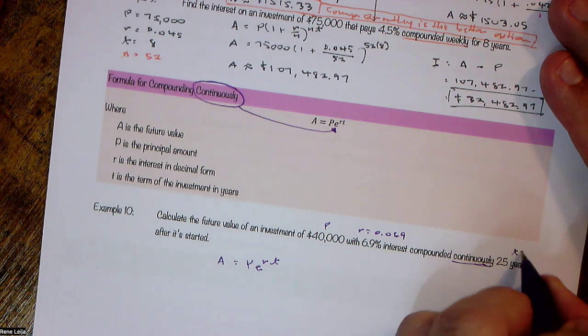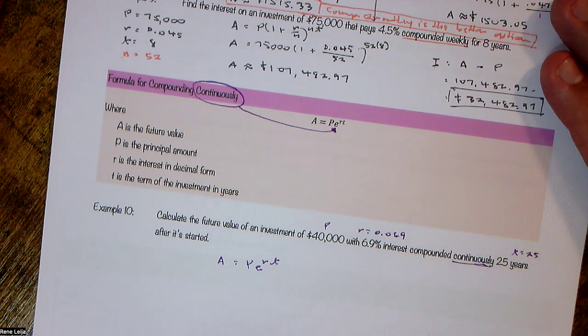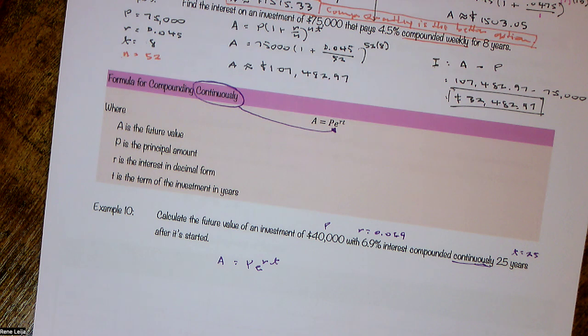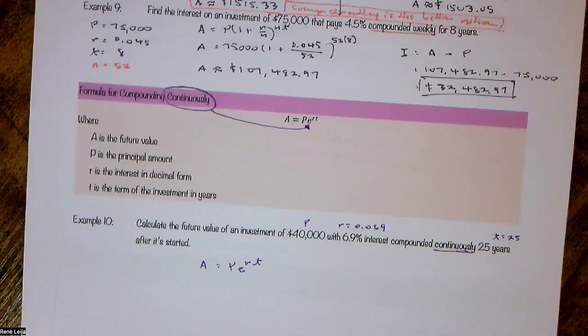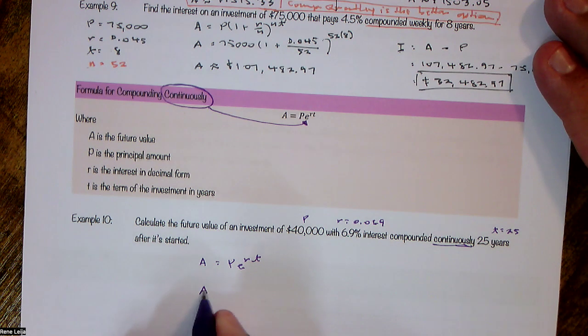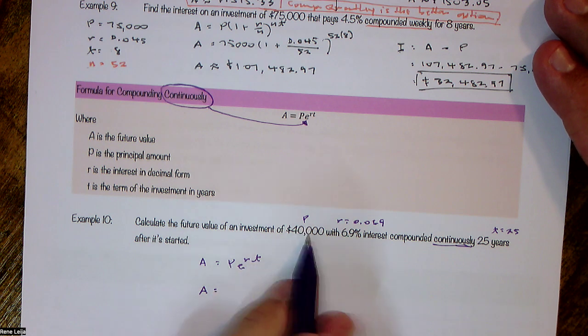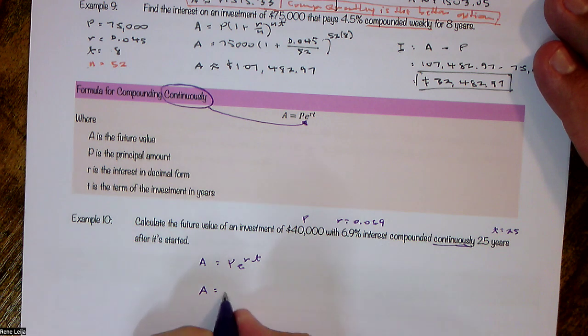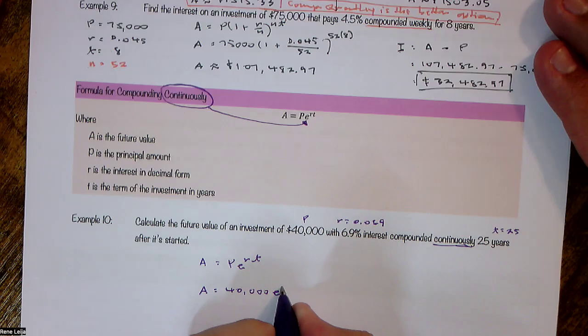T is 25. Notice that I don't have a number to plug in for N, and that's because this is compounded continuously. All I need is a P, an R, and a T, and I have the P, the R, and the T. So the future value is 40,000 times E raised to the